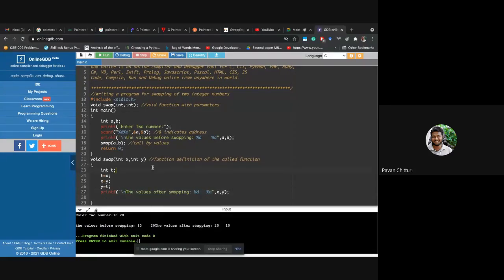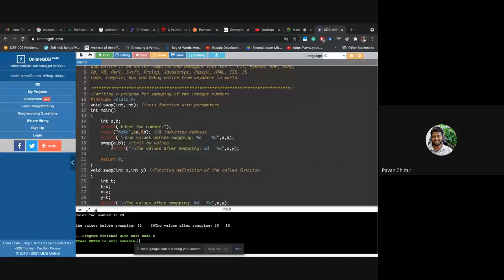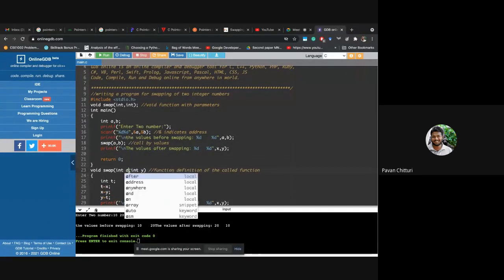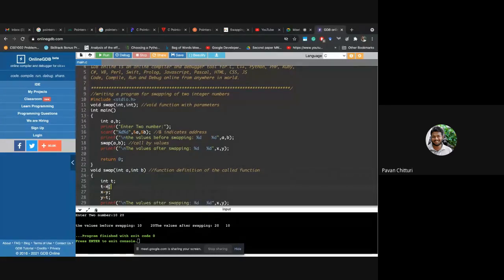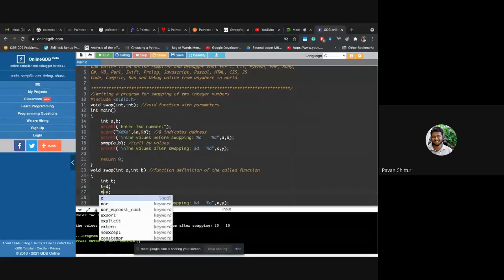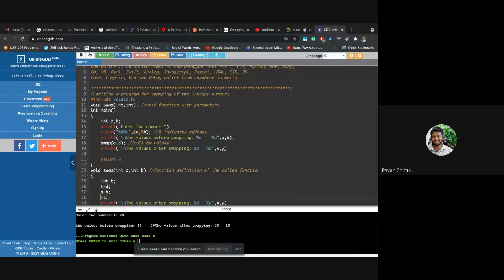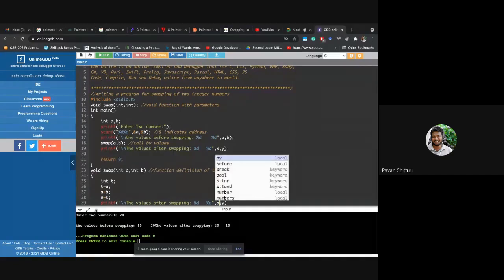Can anybody unmute and tell me, if I write the same printf here, what will happen? If you consider these variables as a and b only, a and b, so it is a, it is also a, so b, sorry, b.